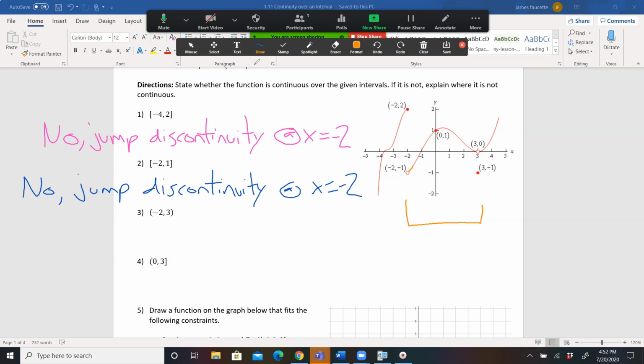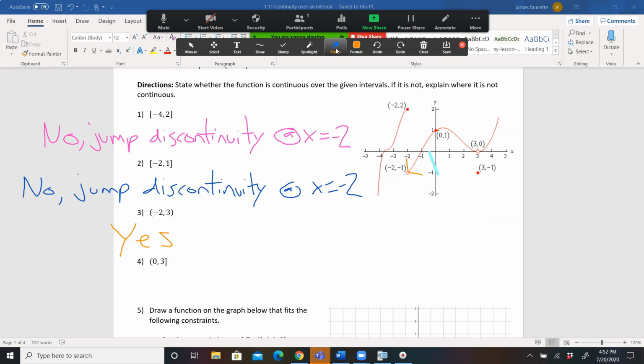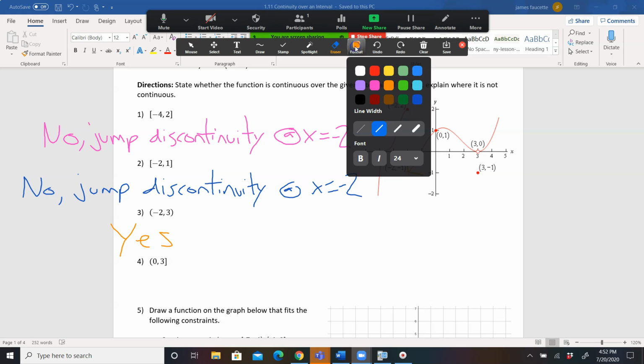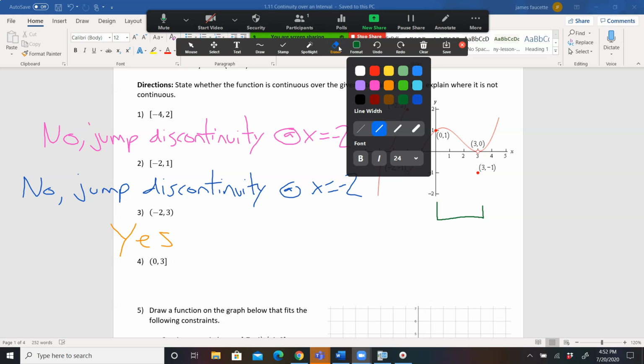But as long as we don't have to include those, we are able to trace the function over that entire interval. So we're A-OK here. The fourth one, we are going from 0 to 3. But this time we have to include 3 in our interval. And we're okay at 0, but at 3